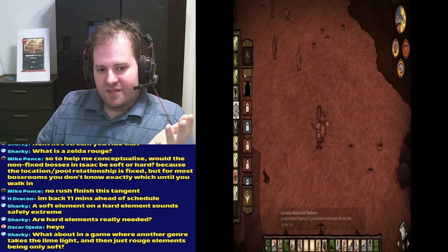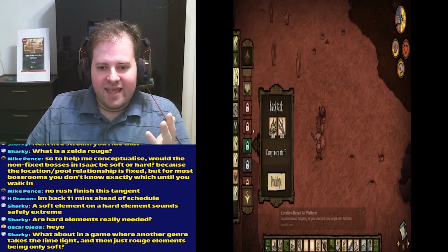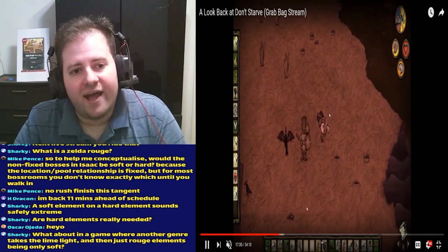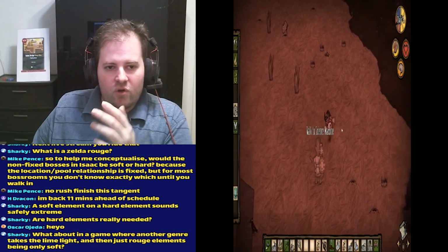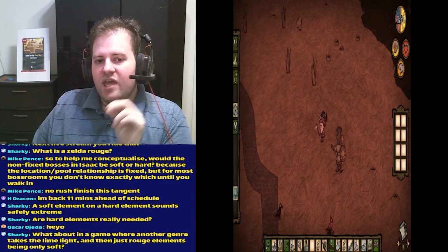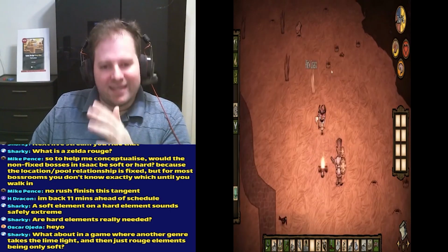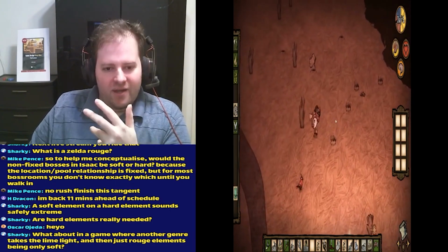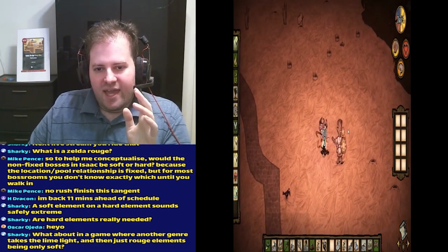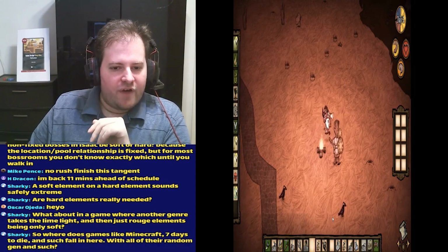So with Binding of Isaac, Edmund McMillen, whoever else will design more levels for that game, they can just keep adding in more rooms and balloon things out, and it's going to create more variance along those lines. But with that said, if you focus too much on soft elements, and this is what we often see in roguelites, you're going to end up hurting the variance of the game. Because I know that if the game is hard-coded around specific things, that is going to hurt variance.